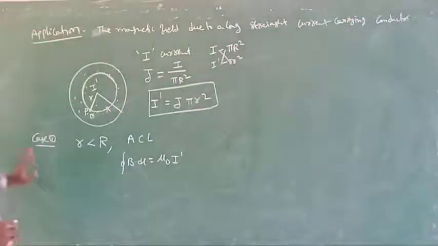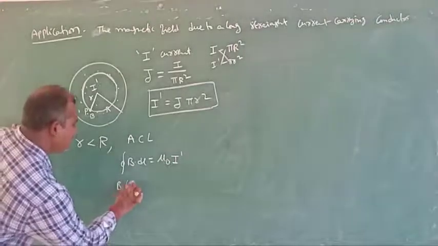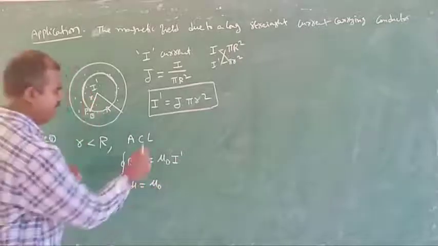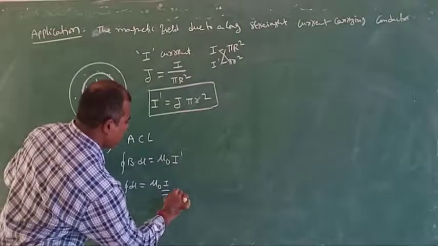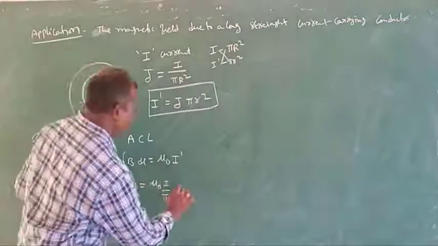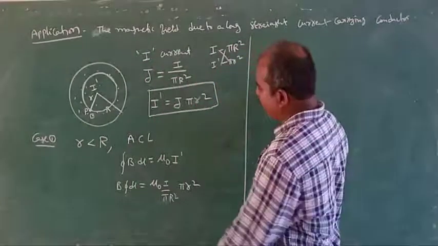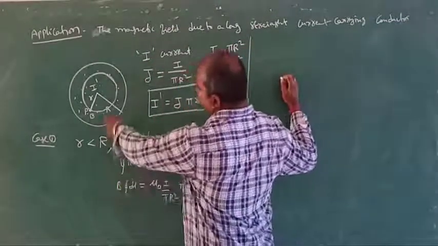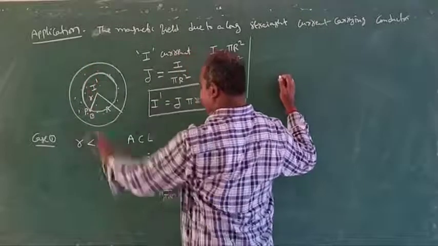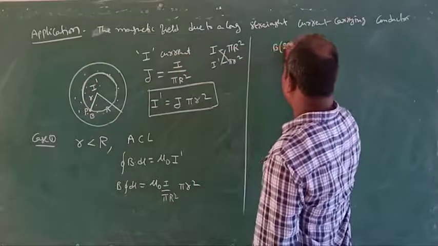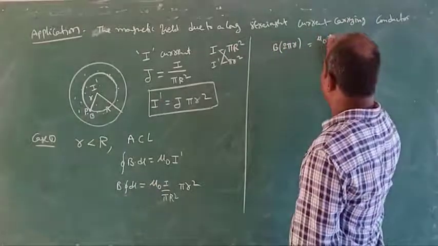Integral B dl is equals to mu naught J. What is J? I by pi capital R square, into pi small r square. Therefore B integral dl, where integral dl means the line integral of the circular path, which is 2 pi r. B into the circular path is 2 pi into small r, equals mu naught I